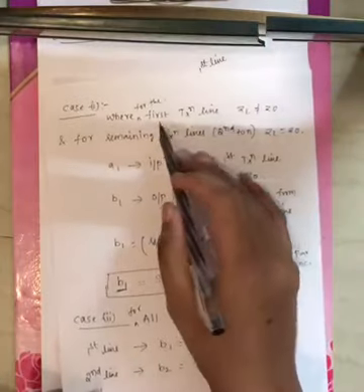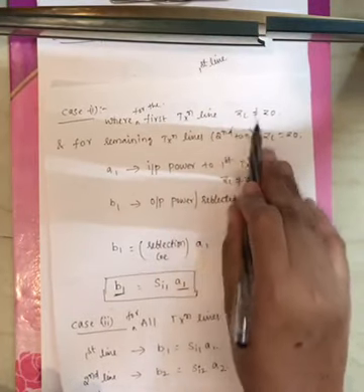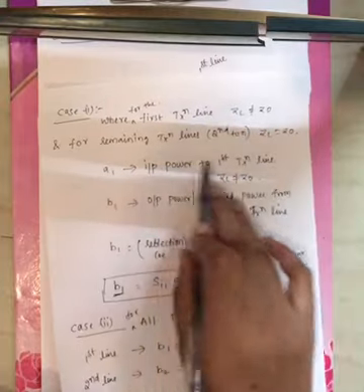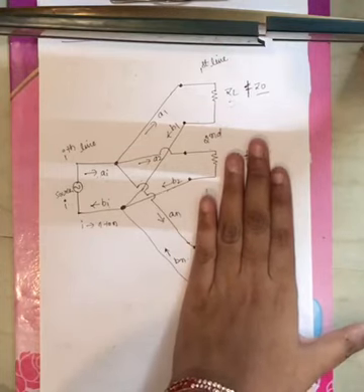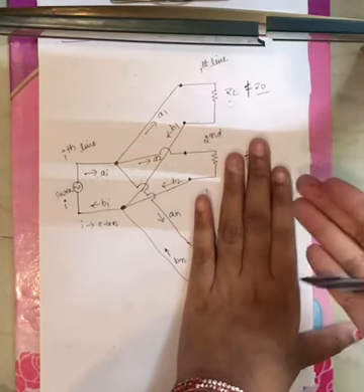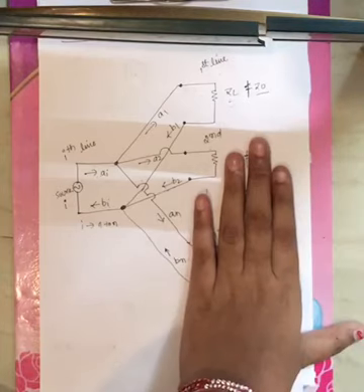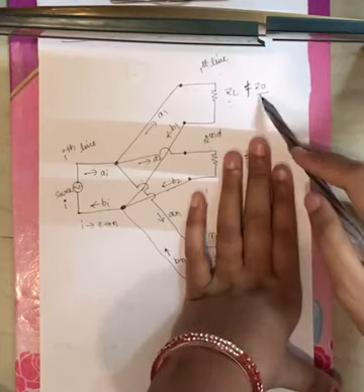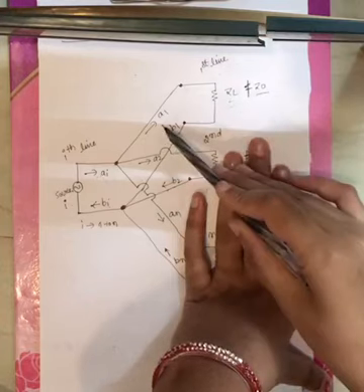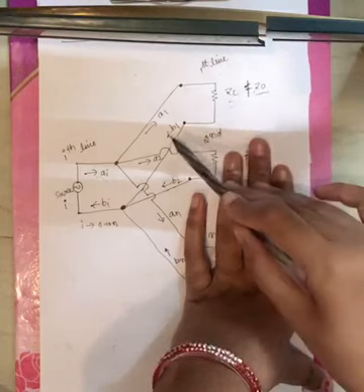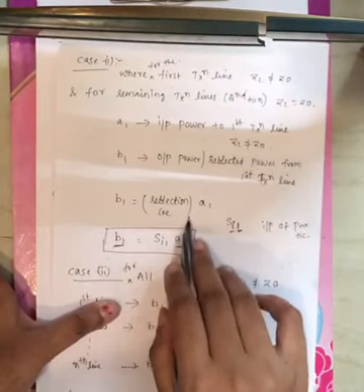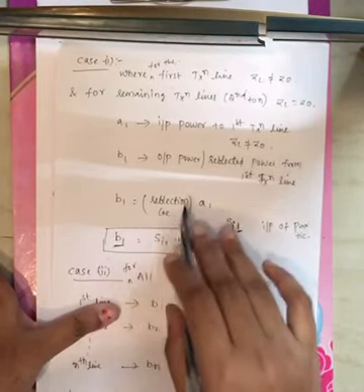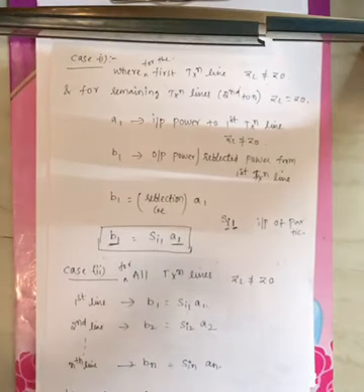Now consider case 1, where only for the first transmission line ZL is not equal to Z0, and for all the remaining transmission lines ZL equals Z0. When ZL equals Z0, there won't be any reflected power. So you won't get reflected power from the second to the nth transmission line. Only the first transmission line reflects power. A1 is the incident power for the first transmission line, and B1 is the reflected power because ZL is not equal to Z0. The relation between B1 and A1 is B1 equals reflection coefficient times A1. That reflection coefficient is denoted by S11.